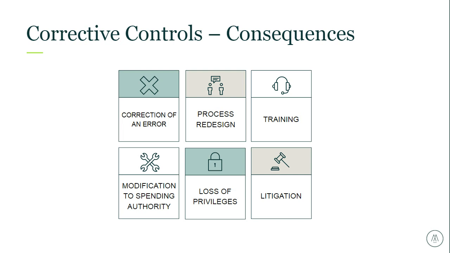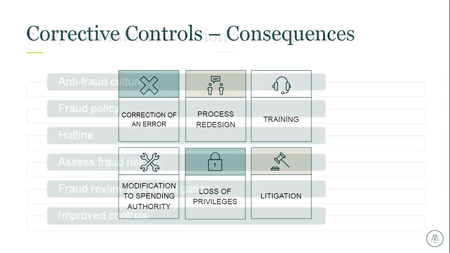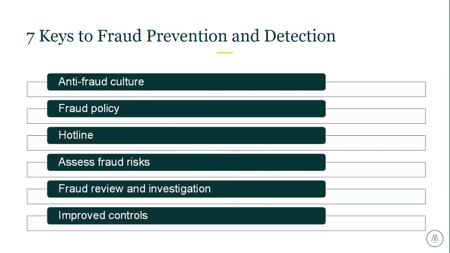So now let's talk a little bit about 7 keys to fraud prevention and detection. So the first is really establishing that anti-fraud culture. So critical components of an anti-fraud culture include setting the tone at the top and really leading by example. So creating a positive workplace environment, implementing a code of conduct, taking disciplinary actions when necessary, and then establishing an